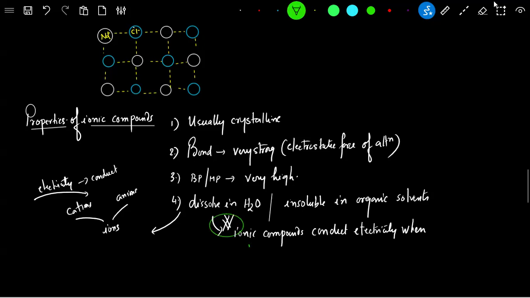Number one, either they are dissolved in water, or they are in molten state. Which brings us to the conclusion that अगर आप अपने किचन के नमक के डब्बे को ले लें, and right now